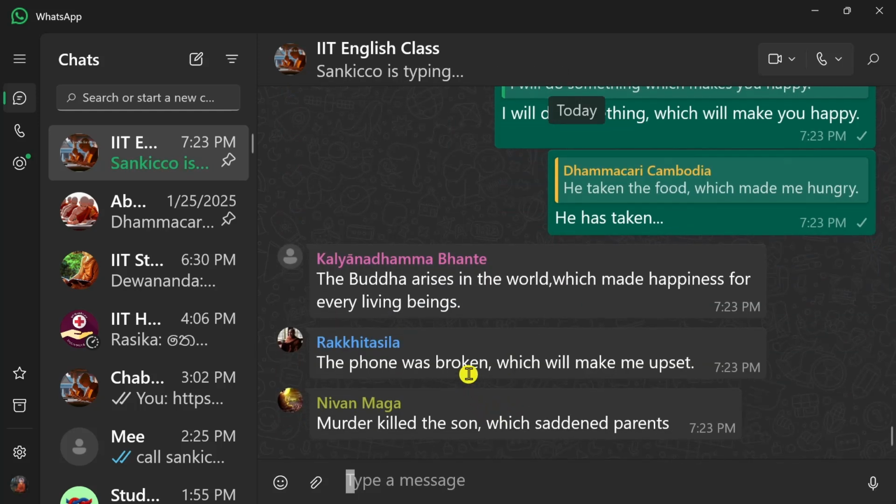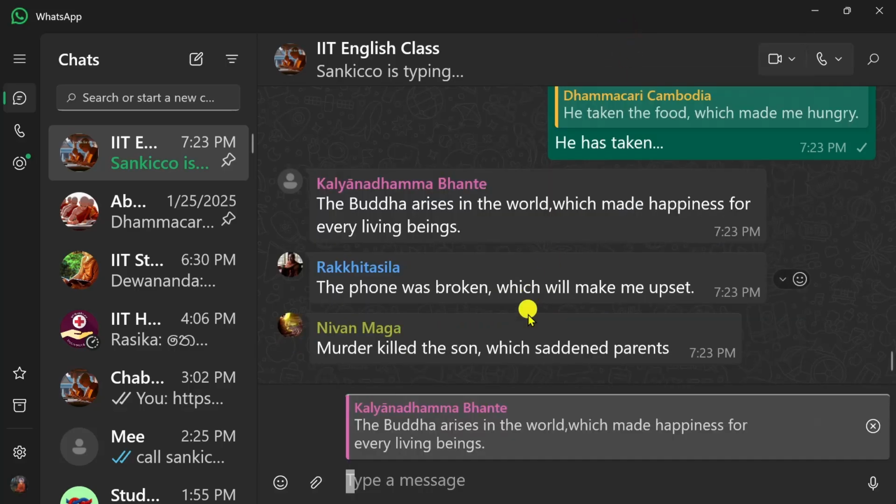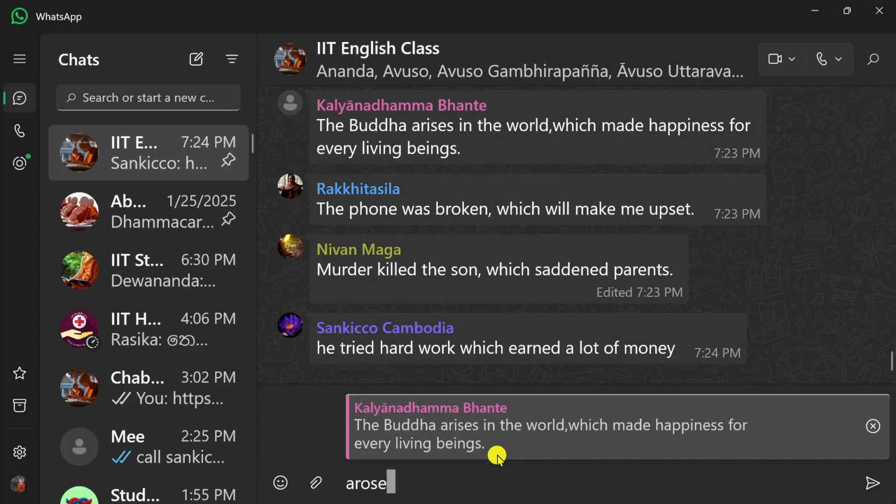Okay. The Buddha arises in the world which made happiness for every living being. Quite good. Let me improve it. The Buddha arises in the world, using the present. Okay. Arises in the world. I think it's better in the past. It could be used in the present, but I think arose maybe is better. Arose in the world which made